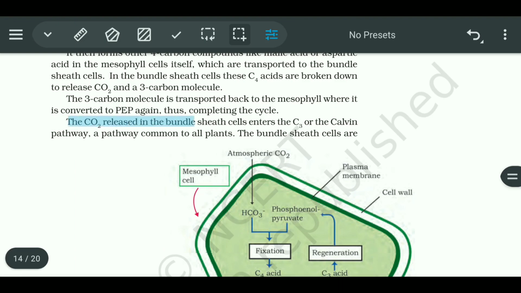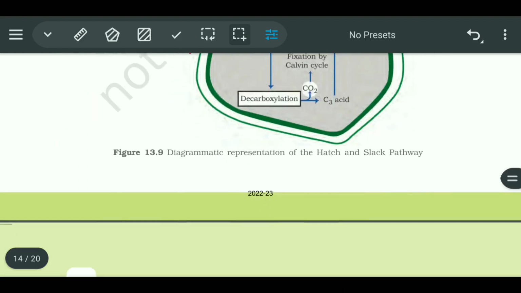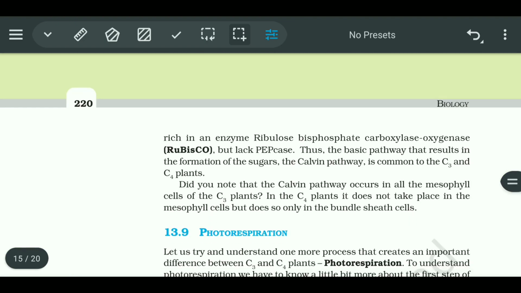The CO2 released in the bundle sheath cells enters the C3 or the Calvin pathway, a pathway common to all plants. The bundle sheath cells are rich in an enzyme, ribulose bisphosphate carboxylase oxygenase (Rubisco), but lack PEPase, phosphoenol pyruvate carboxylase. Thus, the basic pathway that results in the formation of the sugar, the Calvin pathway, is common to the C3